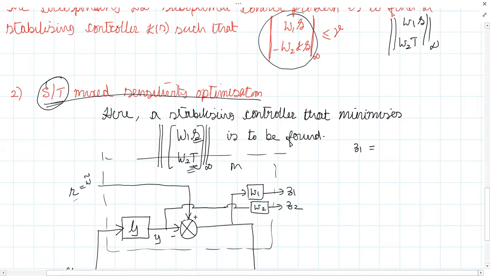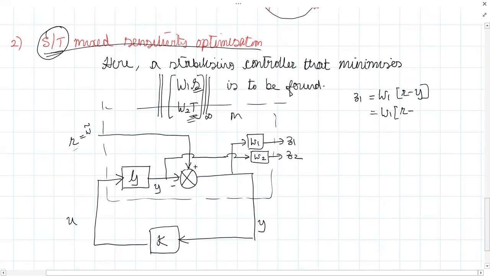Weighting function W1 into R minus Y. But what is Y? GU, correct. R minus GU. Okay, so our first equation is W1 into